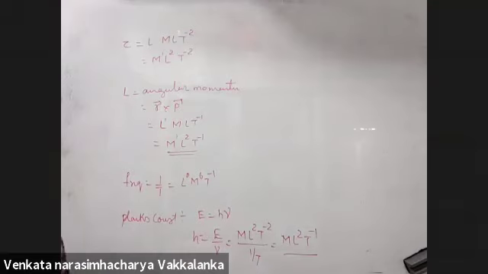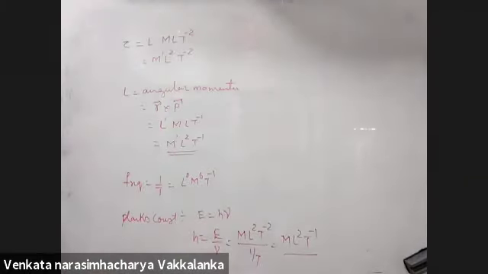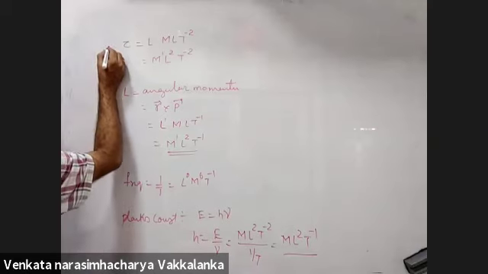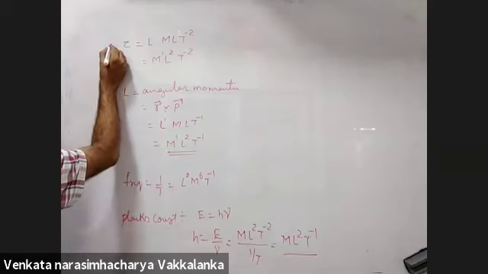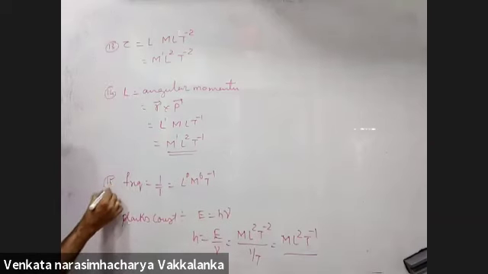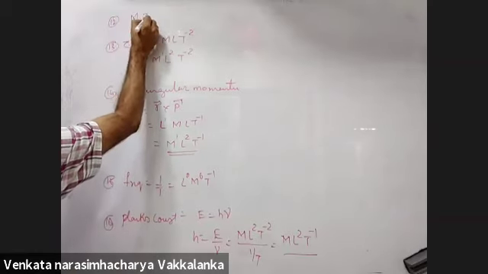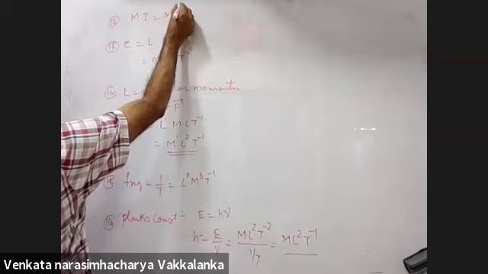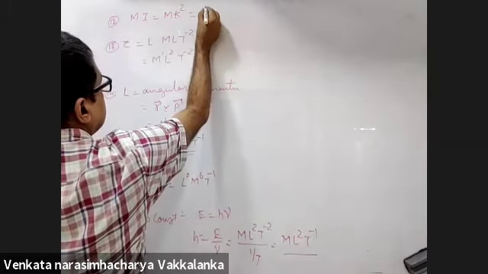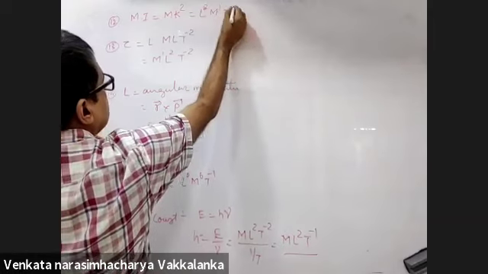Planck's constant, verify if I have done it correct. Yes, sir. Planck's constant will be needed in more than one place. Remember this. I forgot the sequence. What number is this? 12. No, 13. 12 was moment of inertia. 13, 14, 15, 16. Moment of inertia, M L square, M to the power 1, L square, T to the power 0.